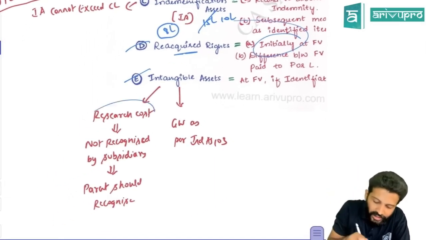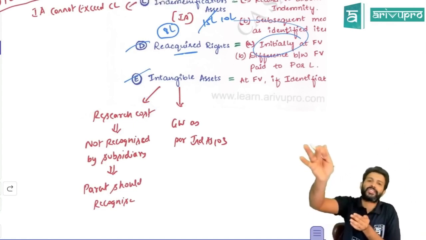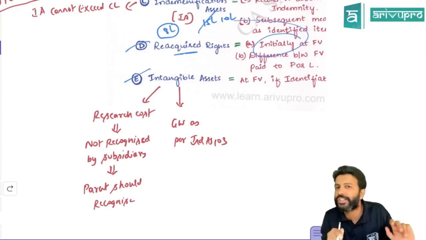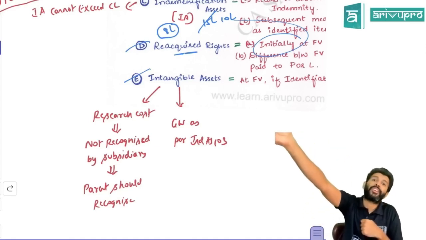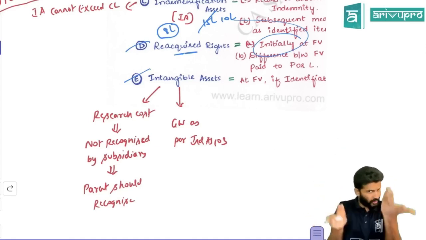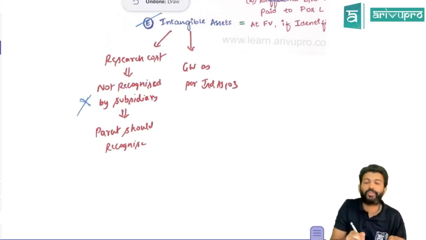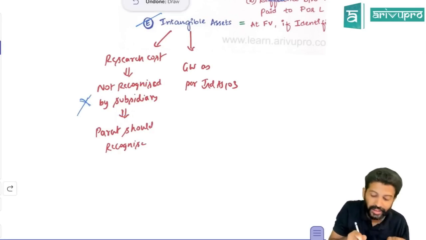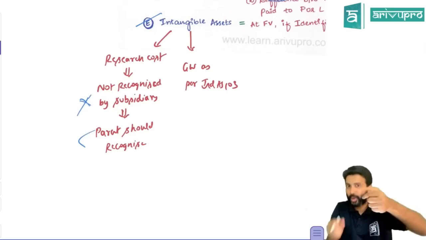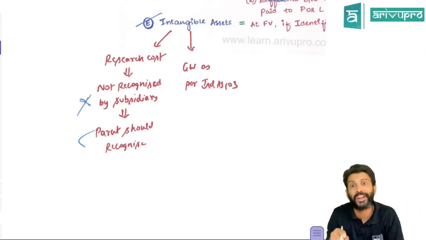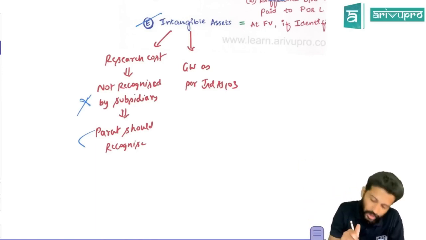That's one. Another one is research phase expenditure. So we already did revised IND AS 38. A subsidiary company is doing any research. What do you do for research phase expenditure? You transfer it off to P&L. But if the parent company has acquired the subsidiary company, that means the subsidiary company's research also, in a way, the parent has acquired. Though this research expenditure is not shown as an asset by the subsidiary company, the parent will recognize this as an intangible asset, because they paid money, no. The PC that you pay will also include it, or you would have paid PC by keeping the research expenditure also in mind. Since the company has paid for it, it will be treated as a purchased research cost. So even this will be recorded.